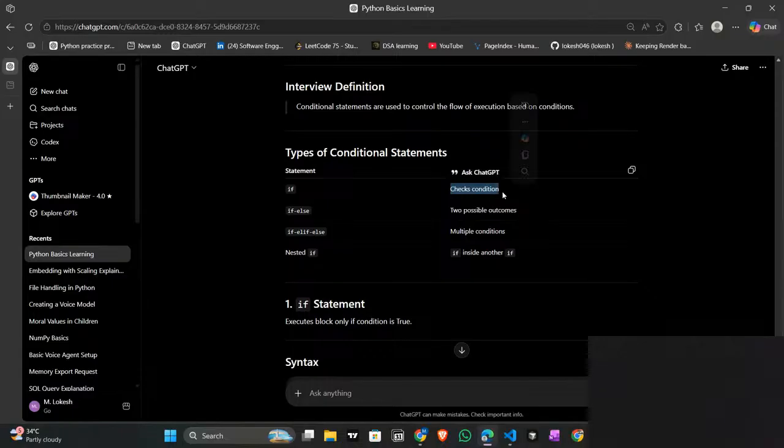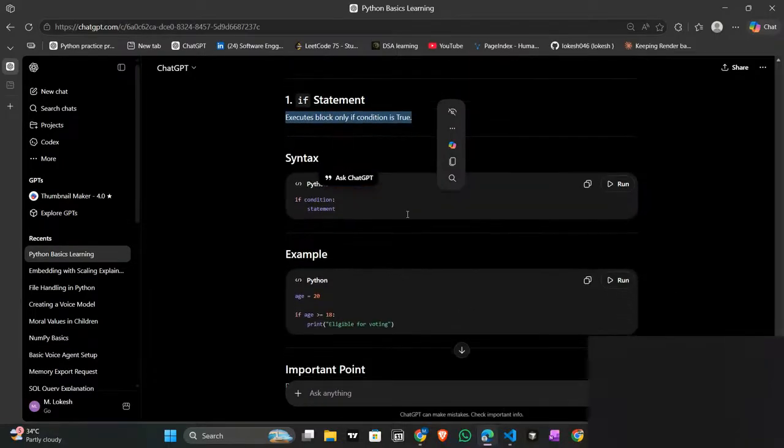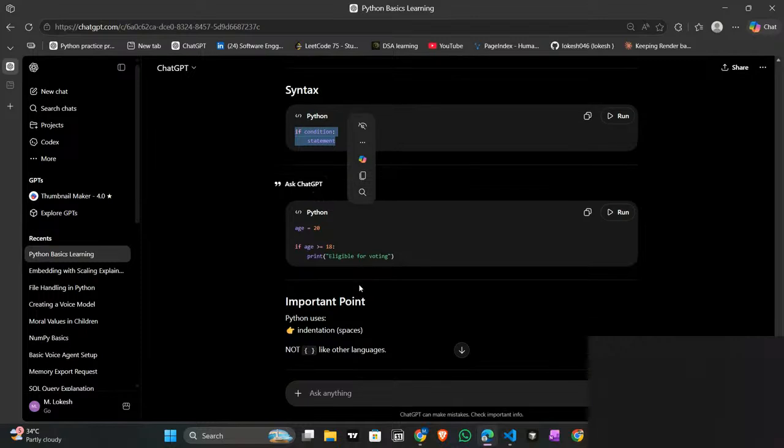If checks a condition. If-else gives two possible outcomes. If-elif-else handles multiple conditions. Nested if is an if inside another if. The statement block executes only if the condition is true. Here, for a person who can vote, the age must be greater than 18.